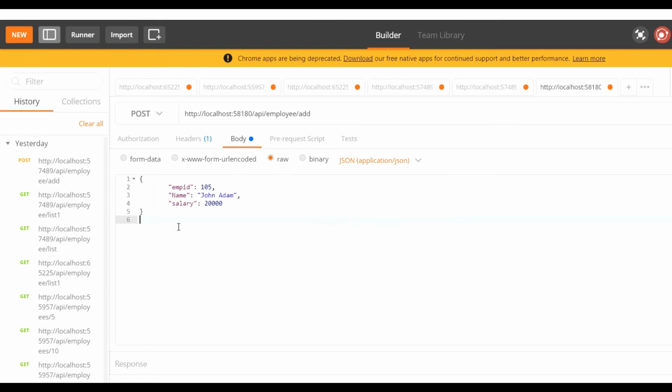And our data should be like this, employee ID in JSON format. So curly braces, employee ID I put like 150, name MA, and salary 50,000.